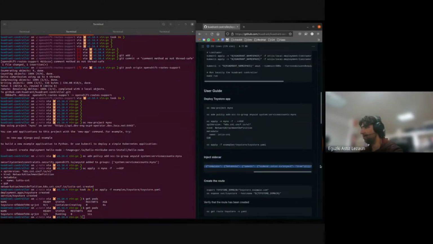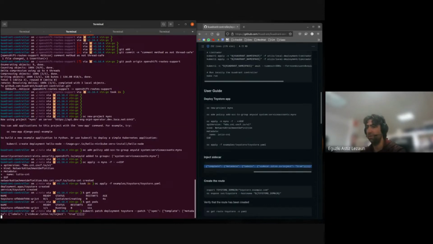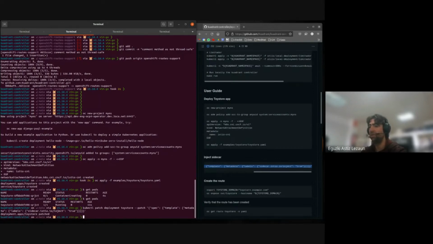So it's very easy. It can be done in different ways. The approach I'm taking here is to add a label in the pod. I am adding a label in the pod of the toy store deployment. I'm saying sidecar inject equal to true. That's all. This is nothing really complicated. And Istio does all the magic. I'm just adding one label. So if I do this,